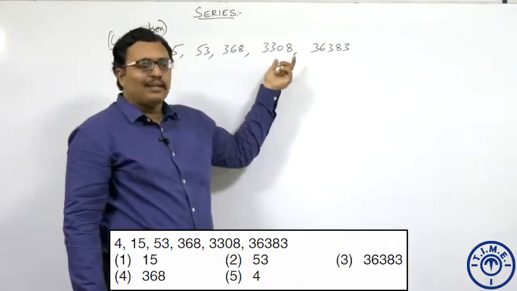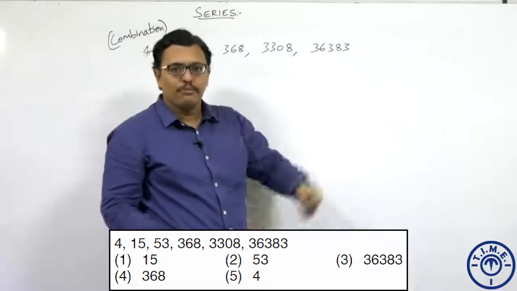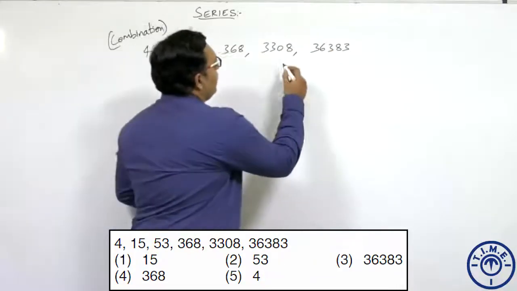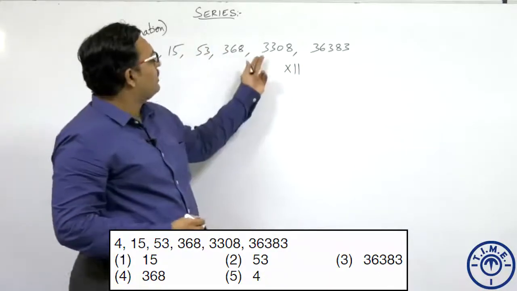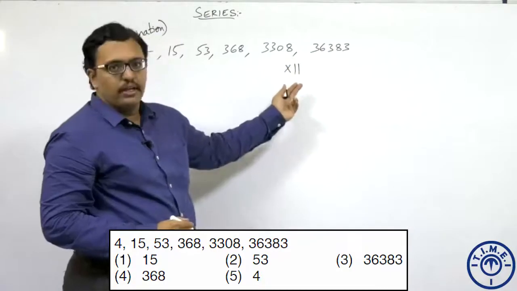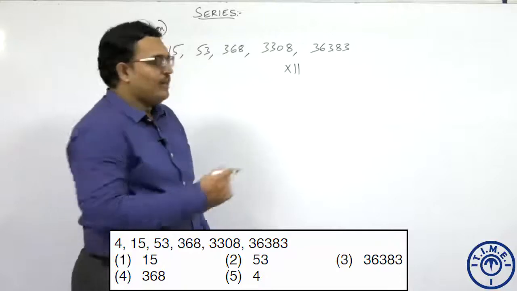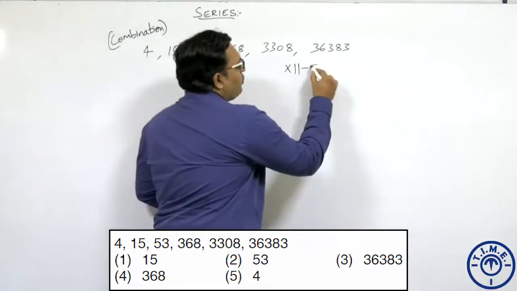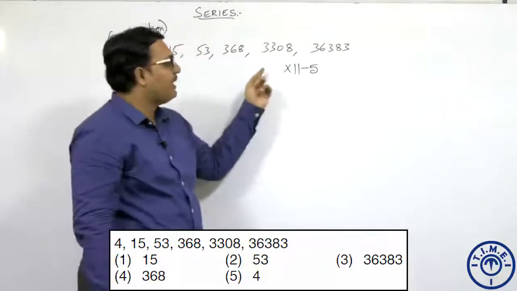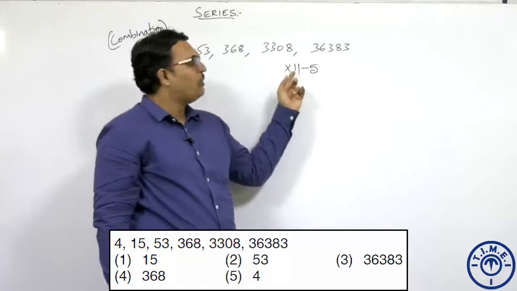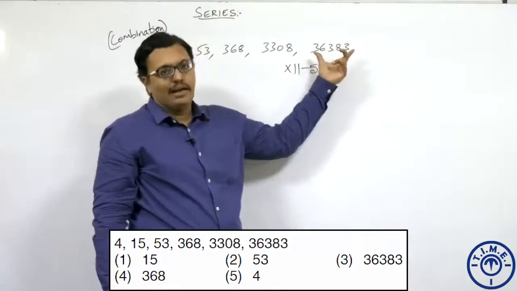but there is still 300. So 300 I cannot multiply with 12 there, you will get a maximum value. So here what I will do is, if I take into 11, correct, 3308 into 11, you are going to get 36,388. So again you have to subtract 5 here to get the value of 36,383. Whenever in combination, I told you, whenever you go for a product, you have to maximum get the value which is closer to the next number.